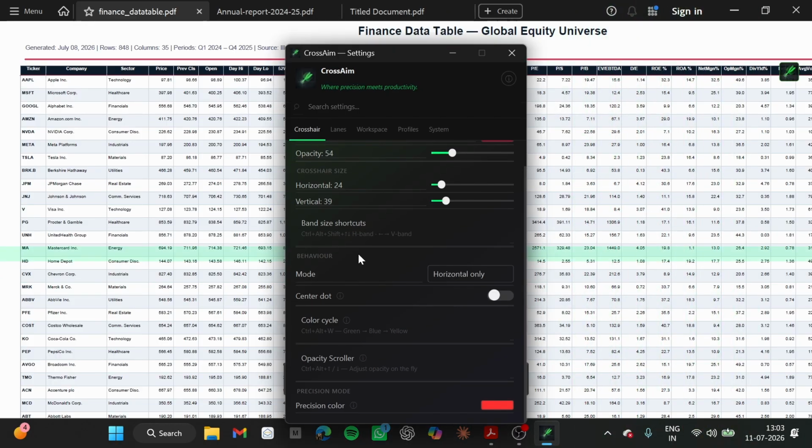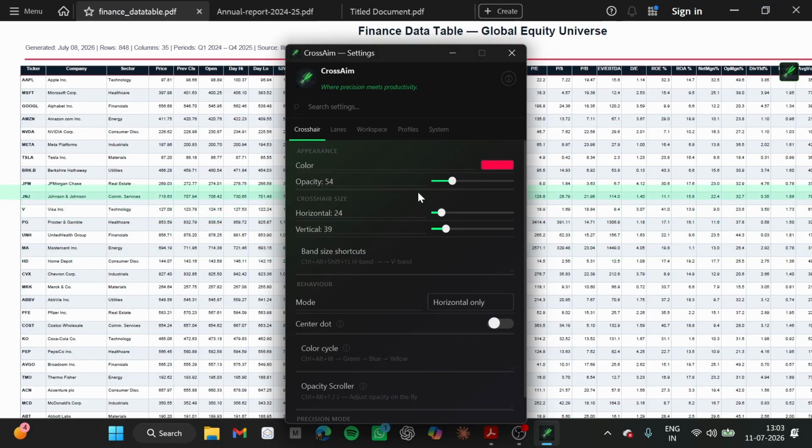Next off is the band adjustments. Let me first change it to both. Okay, so you see a vertical band and a horizontal band, right? It is possible to change the size of these bands. You see the slider here? You can just slide across to increase or decrease the bands, and here again to increase or decrease the size